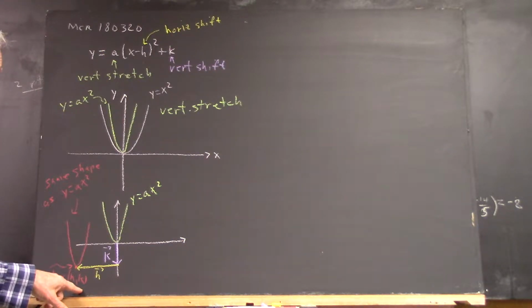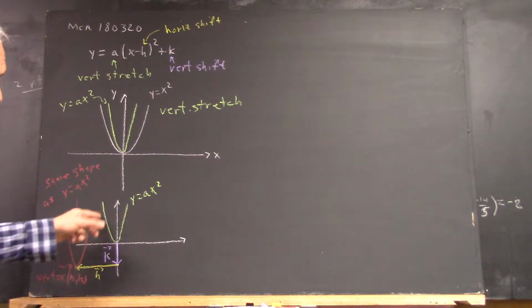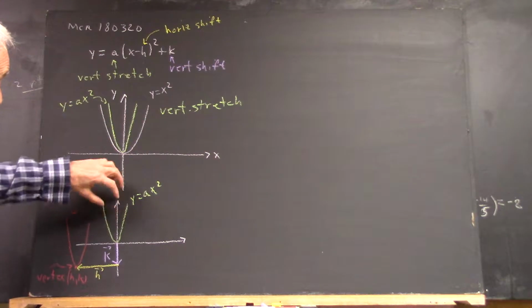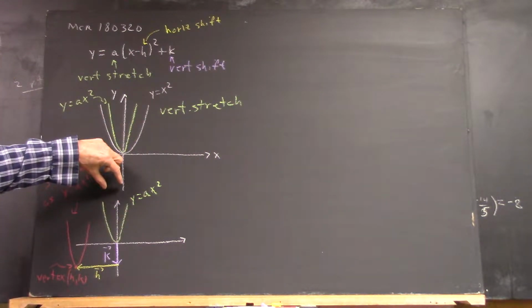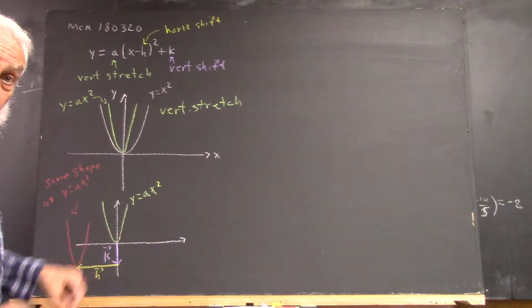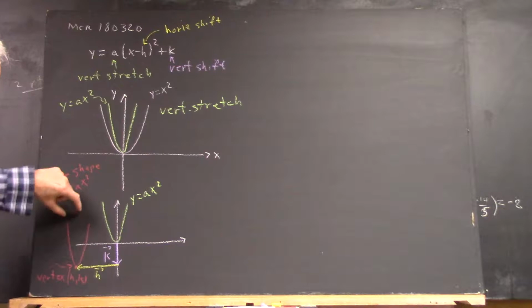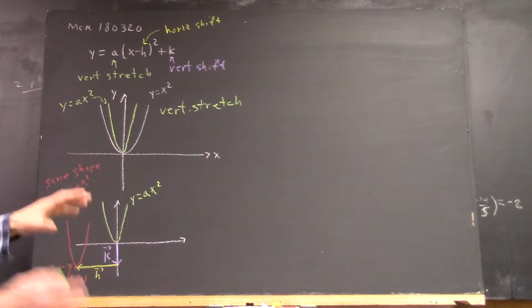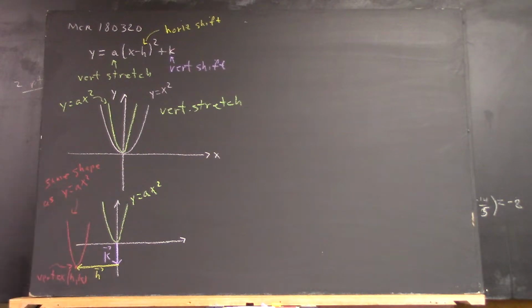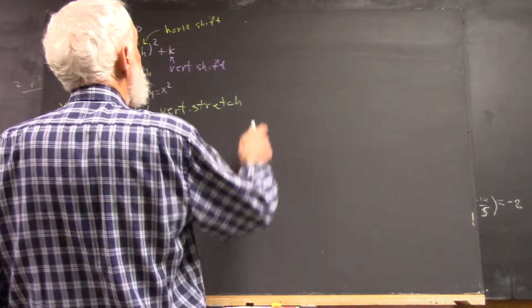Okay? Then the graph has to have the same shape because I've got to do the (h, k) thing to every point. So if you do the (h, k) thing to every point, you're going to end up with the same shape. It's not going to be wider, it's not going to be narrower, right? So you just take that shape and move it so that its vertex is here, and there you've got your graph. Okay? So that's the fundamental thing you need to understand. Okay? And the other thing, just since we're in the summary mode, if you're in general form,